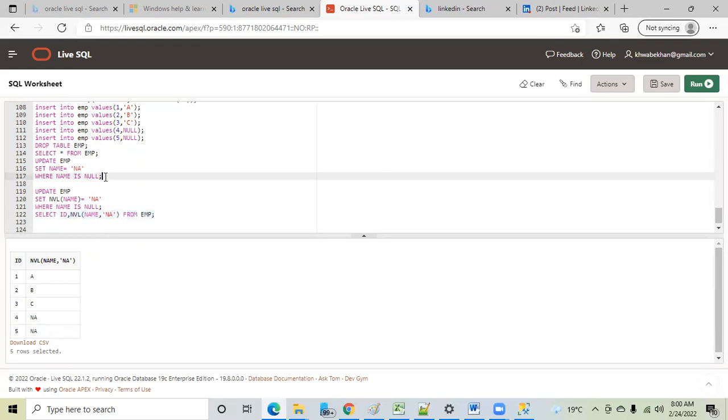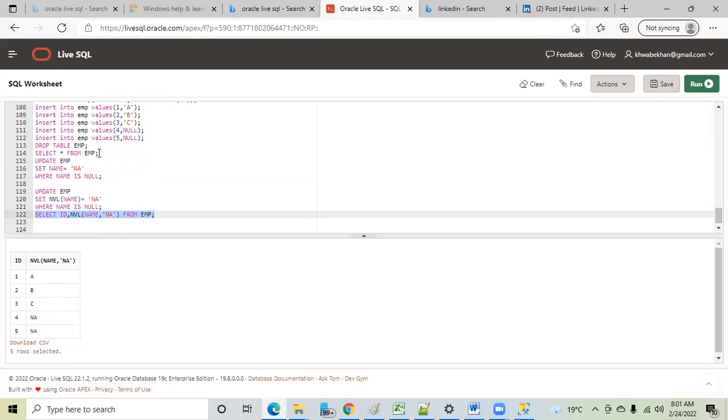And what do we observe from this query? Same output? Yes. So can I use this query instead of this update query? No, why? Because we need to update in our DB. Very good. So this is just for display purpose. I'm just displaying this, but in the database it is not getting updated. Don't think that the name column in the database has been replaced by NA. No, it is just for display.